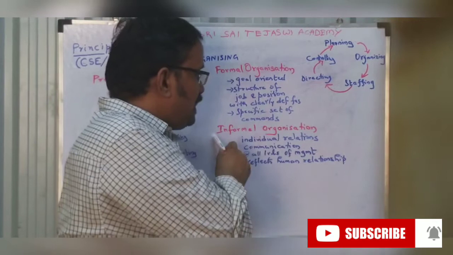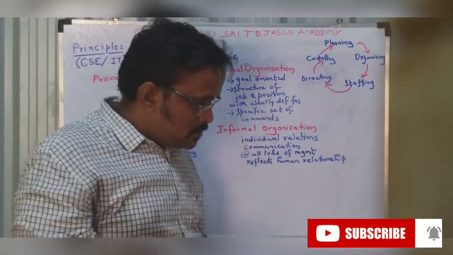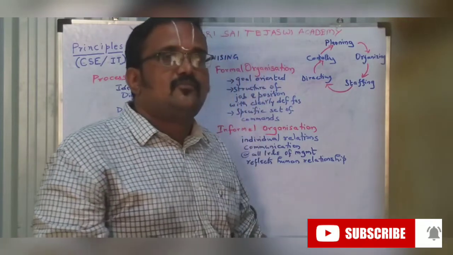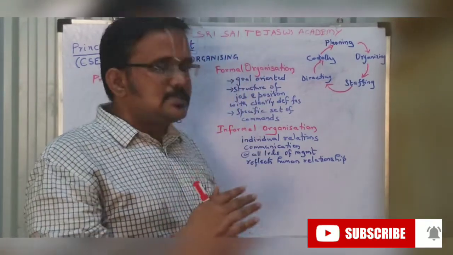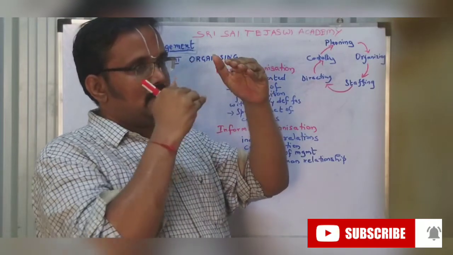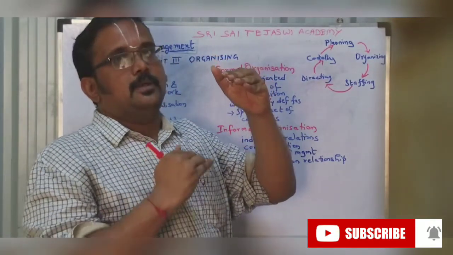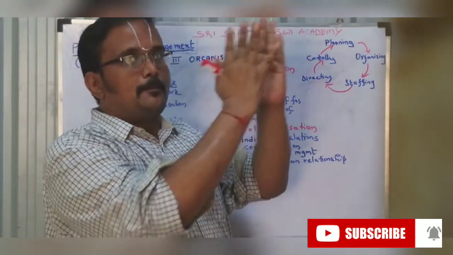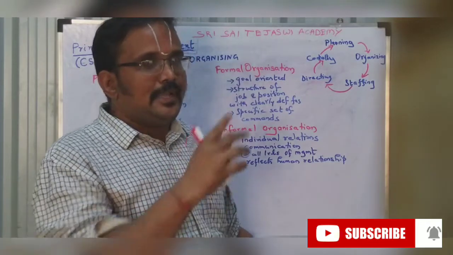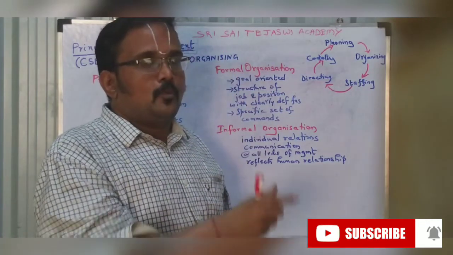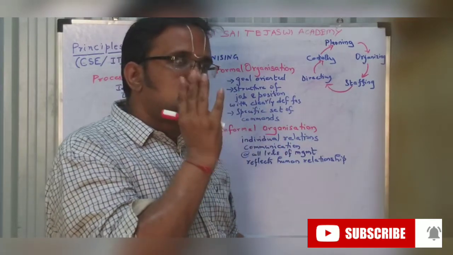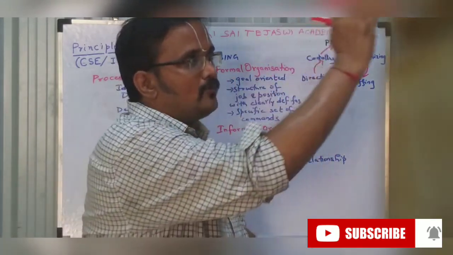Formal organization, informal organization. Most of the organizations we come across are formal organizations. Means there will be a boss, there will be a subordinate to him, and a subordinate to him. All the subordinates will report to the boss. There will be proper levels. It will be structured. One will report. And this activity will have a strict guideline. I have to do according to what he says.